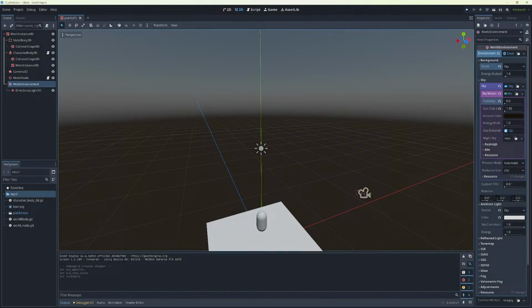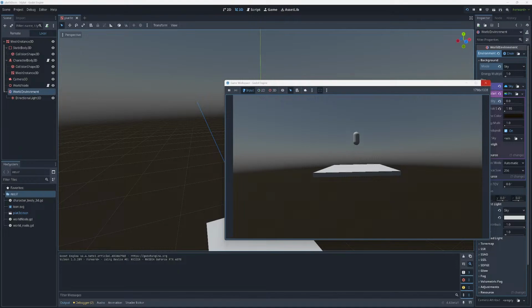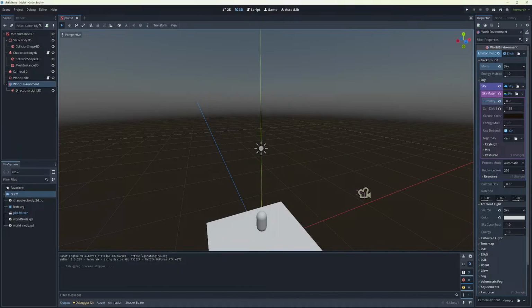Now, there's a lot of properties here that I can't explain to you, but this should... Yeah, that looks a lot better. That looks very similar to what we're seeing in the editor. So,